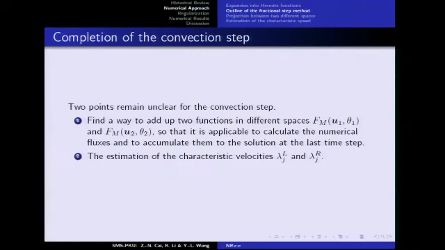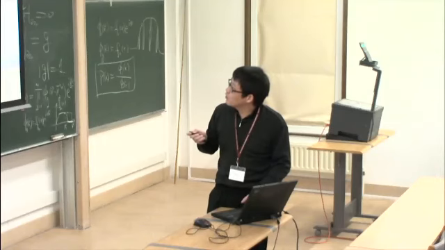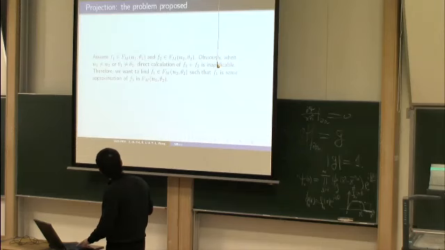We want to keep up the numerical efficiency to the level of the number of the moments. And the other thing is to try to estimate the characteristic velocity. So the first thing is that we are trying to project a function in this expansion onto a function in